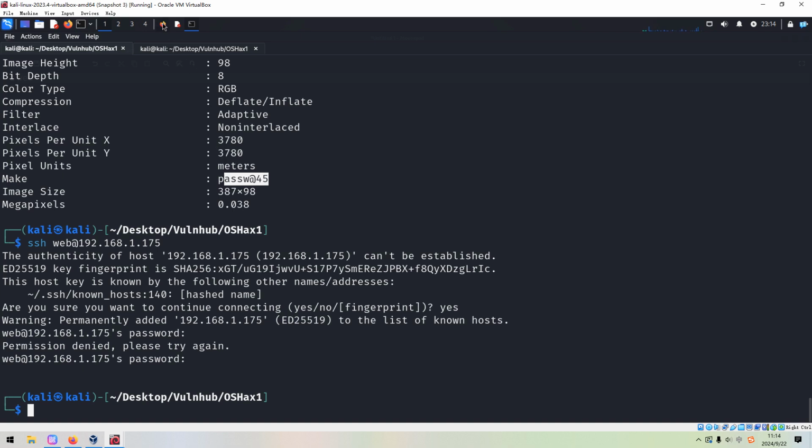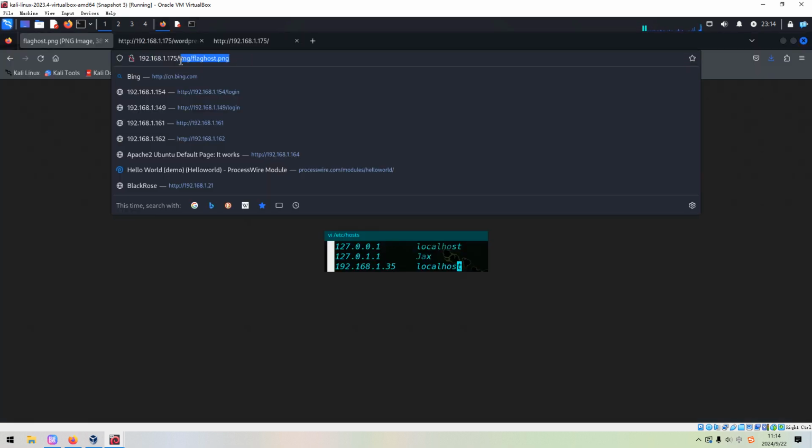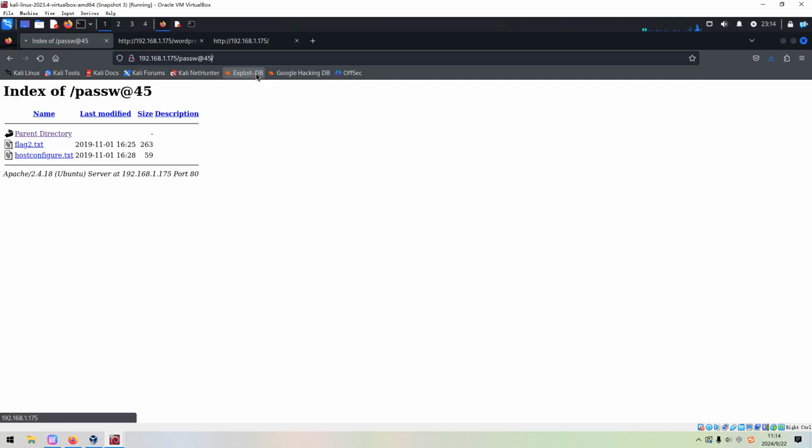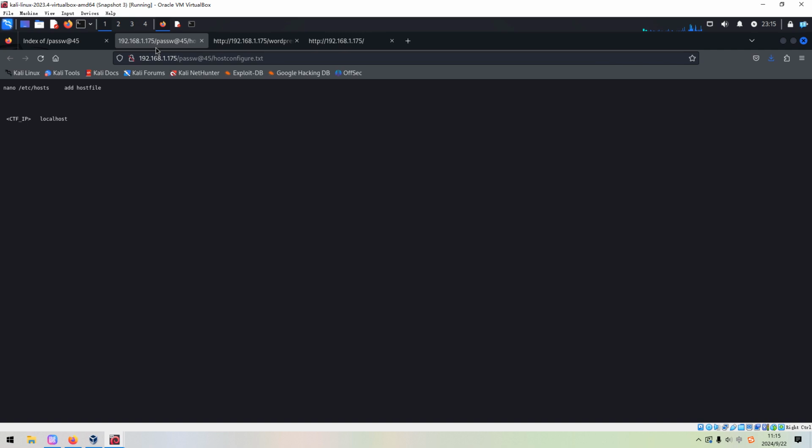Okay, and this is the directory, and we can put it over here. I think we have already got this file. We need to edit the hosts file and put the target IP address and localhost into this file. But when I did the machine the first time, this didn't work. But okay, let's go back.